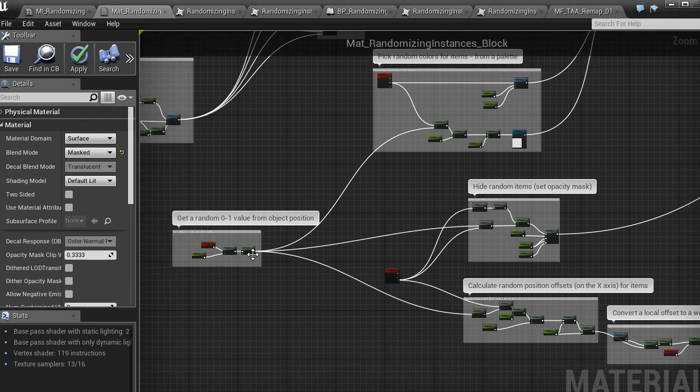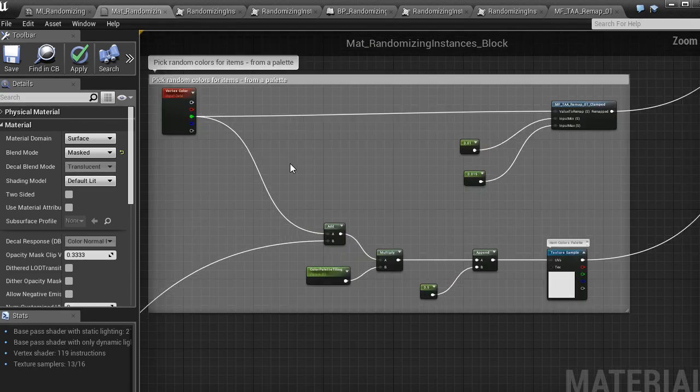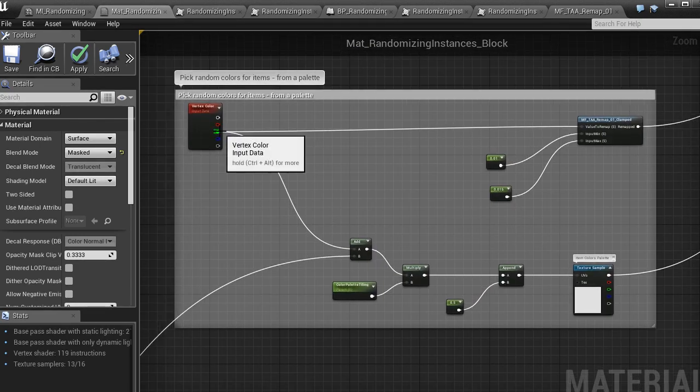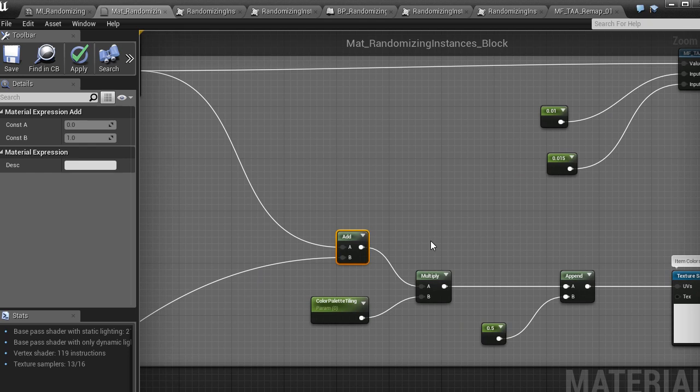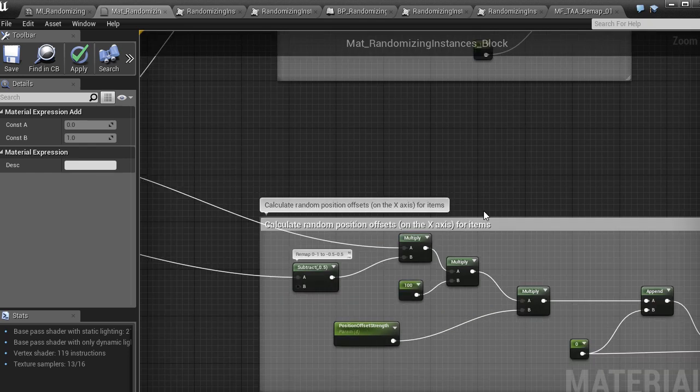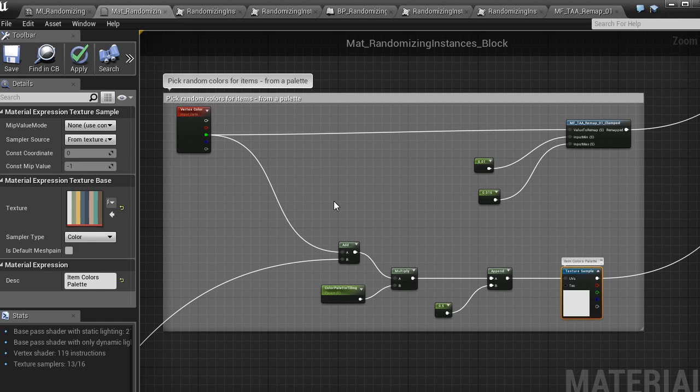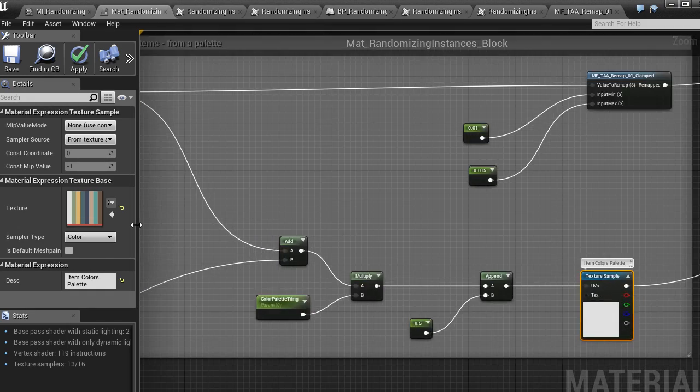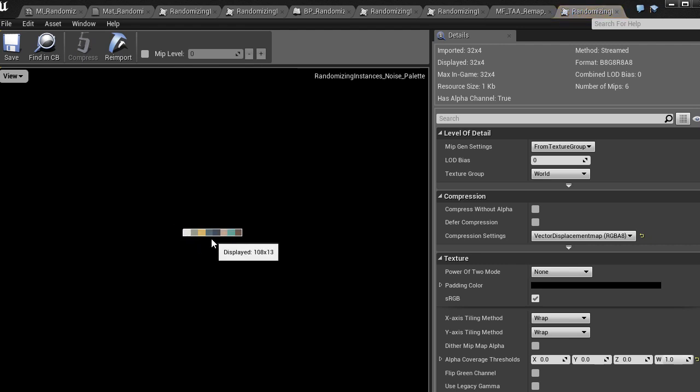Now what do I use this for? I modulate the green and blue channels of the vertex color by this random number, here by adding it, and here by multiplying it. What I have here is picking a random color for each item. So I take this value made of vertex color and this per object random value and use it as the U channel in my UVs for this texture.